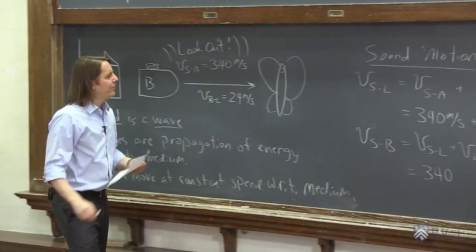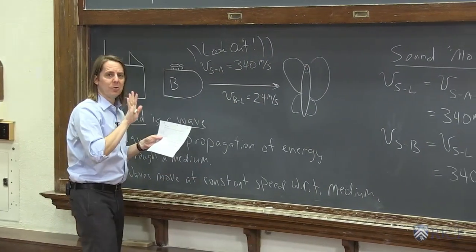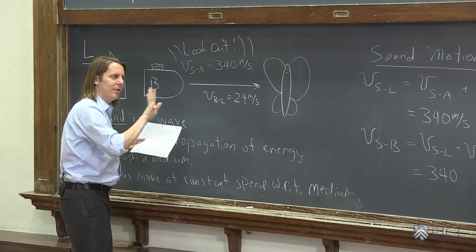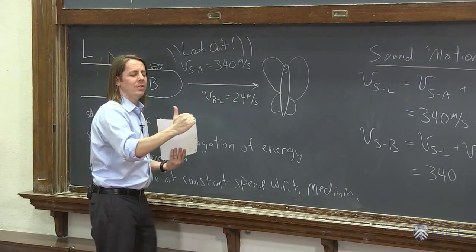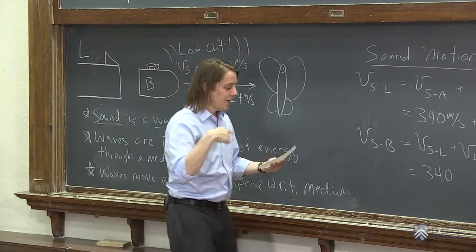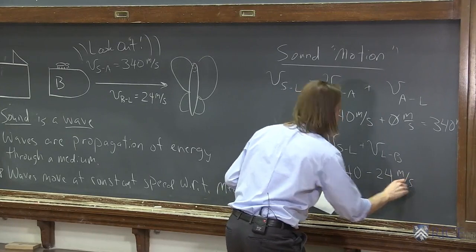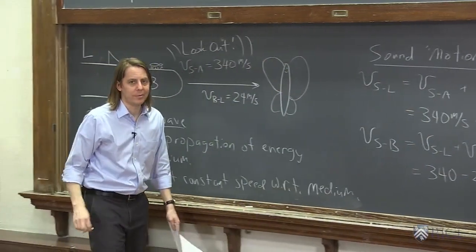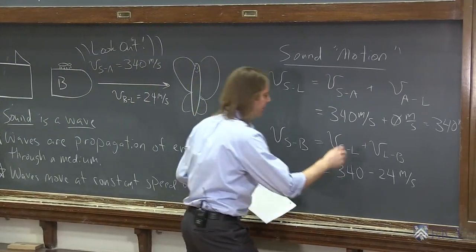What's the velocity of the lab in the bullet frame? Well, bullet in the lab frame is 24 meters per second. We define 24 as positive this way. But you really got to imagine you're in the bullet frame. What do you see? You see the lab moving back. So you actually subtract 24 meters per second. It's negative 24 meters per second. So we get, what do we get? 316